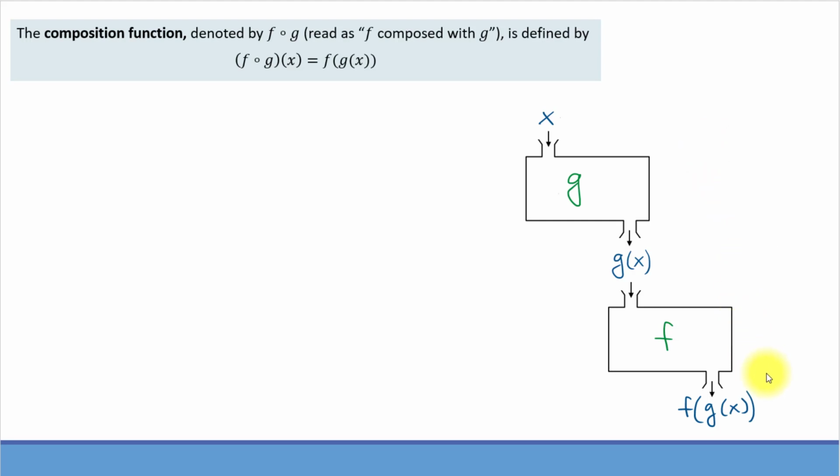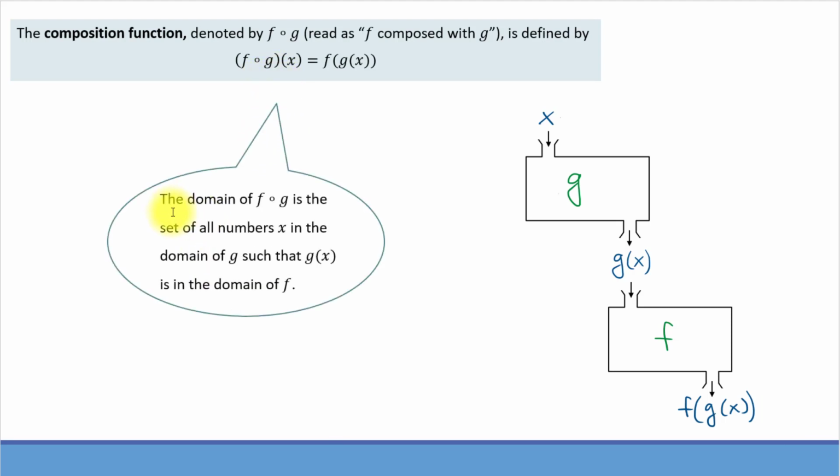To better understand this process, we want to look at a few examples. But first, let's talk about the domain of the composition function. The domain of the composition function f composed with g is the set of all numbers x in the domain of g, such that g of x is in the domain of f. Now that, I'm sure, sounds a little confusing, so we'll just do a few examples to better understand what this